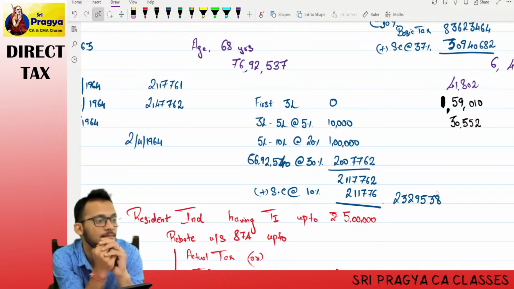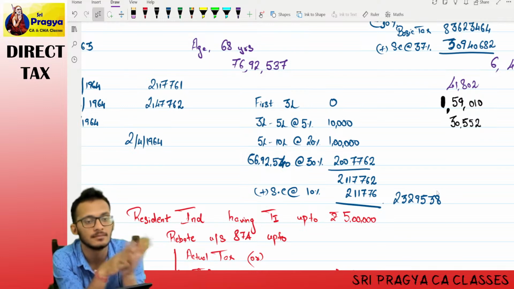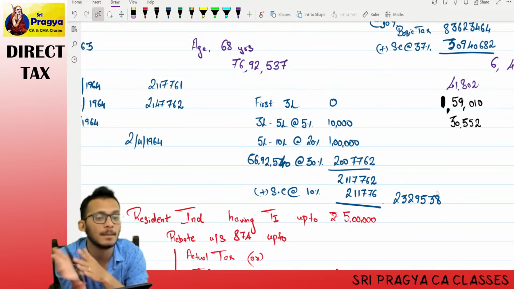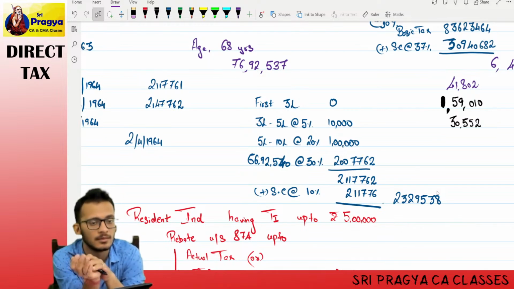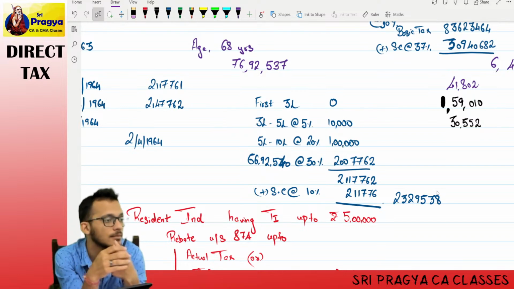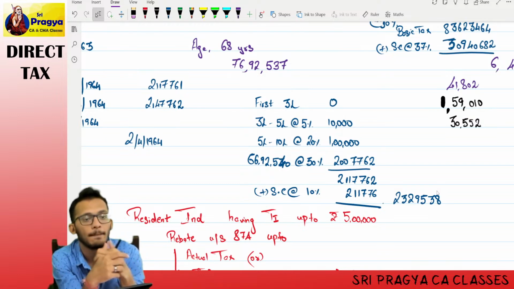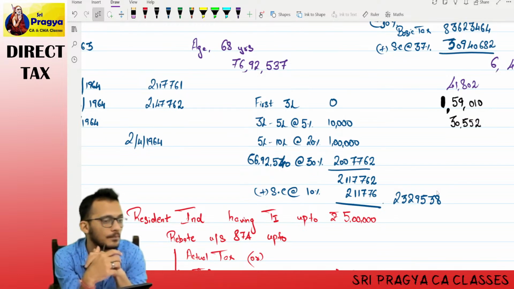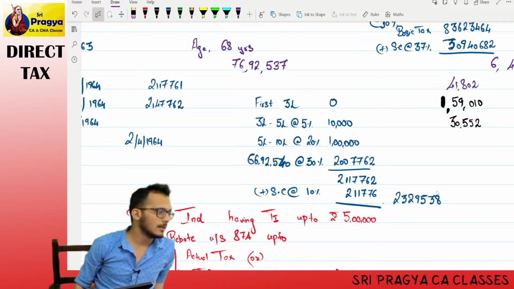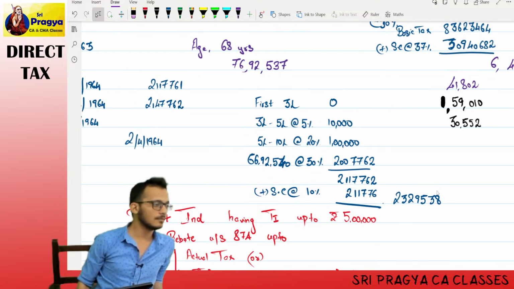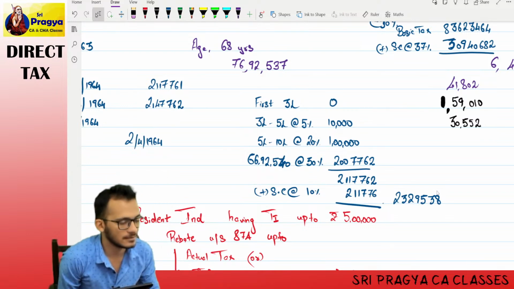Rich, poor, middle class. Next. Another question we have done, that 12,000 number. 4 lakh, that is also poor. All clear, no doubts? Yes, this is your categories of rich, poor, middle class.